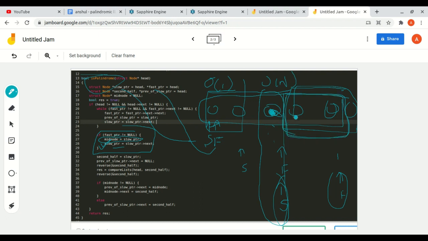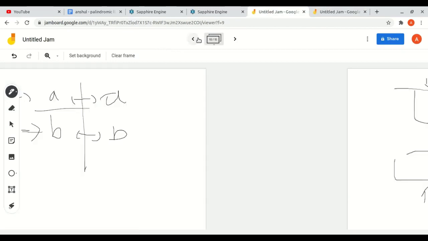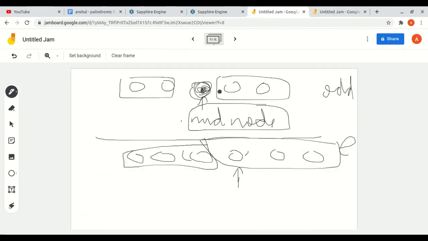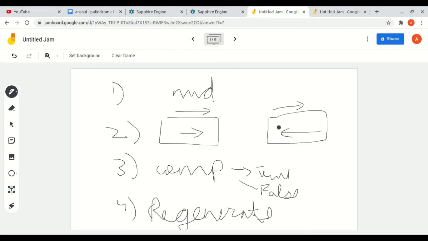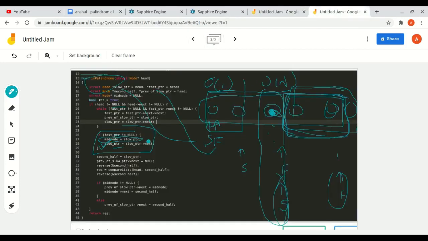The next part is we have to reverse the second part, because in this explanation I have told you that we have to reverse it. After that we will reverse it, and then we will compare it from the first half to the second half.